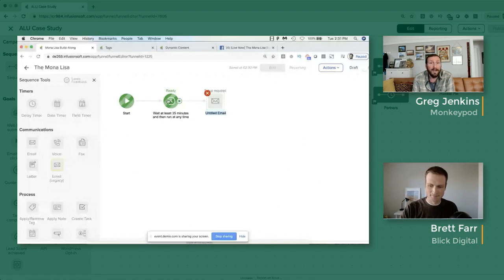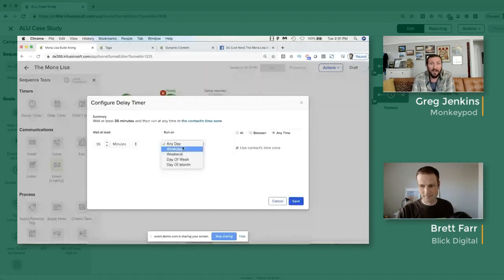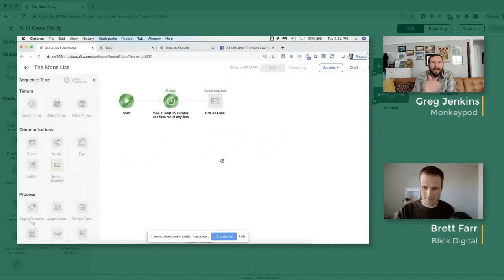But if you're in an industry where it wouldn't make sense to send an email in the middle of the night, you could easily set this to be during work hours. If they visit at 1 a.m., the next day at 8:15 the follow-up would naturally come in. So feel free to adjust that to whatever makes the most sense for your business or the space that you're in. So here's where I say,